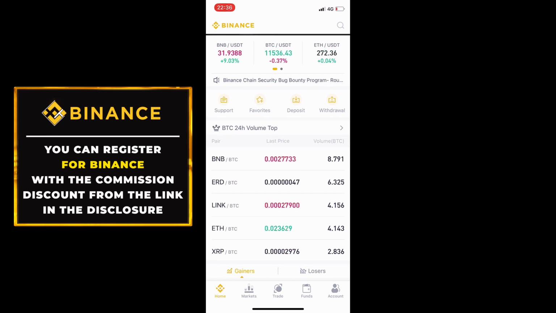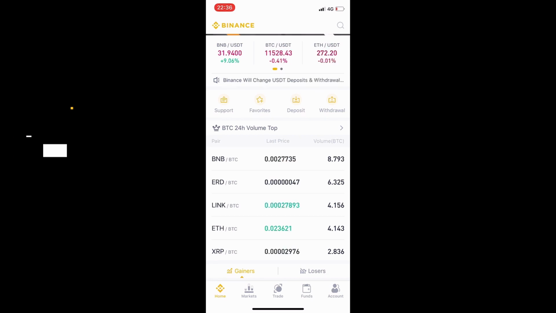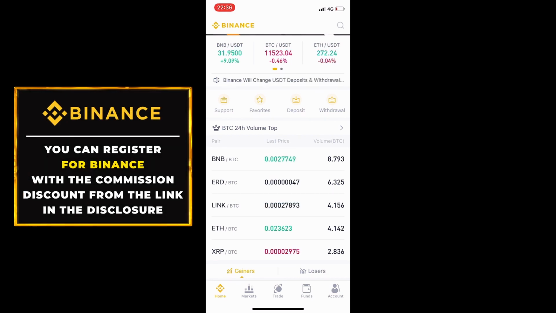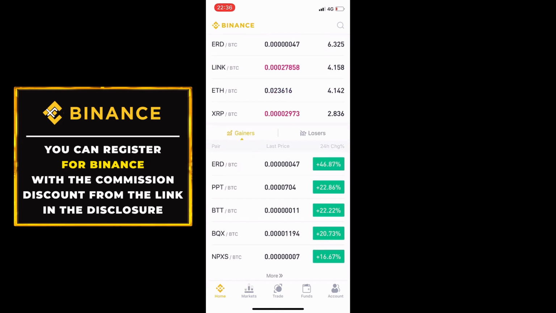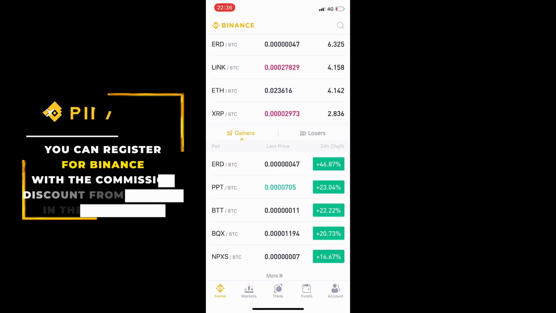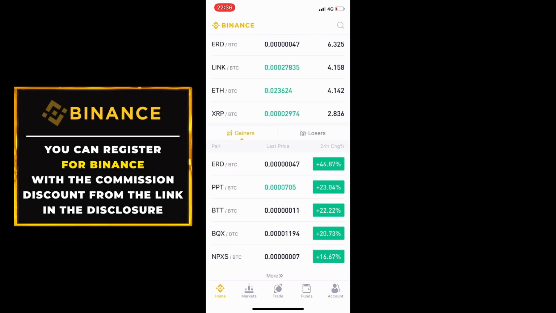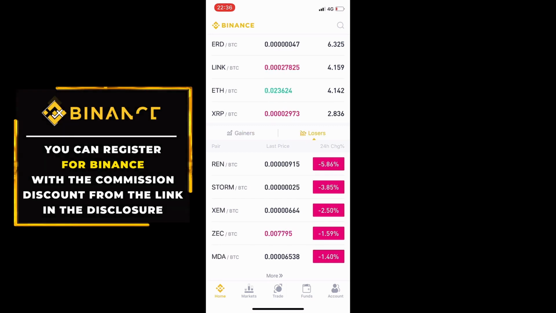We can see the volume in Bitcoin. For example, for BNB it is nearly 9,000 Bitcoin, and then we can see gainers and losers. ERD has the highest price change for today,